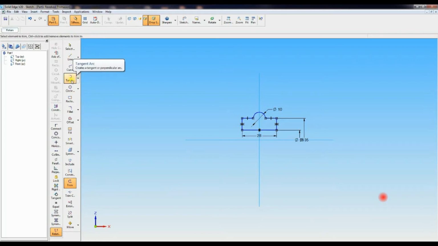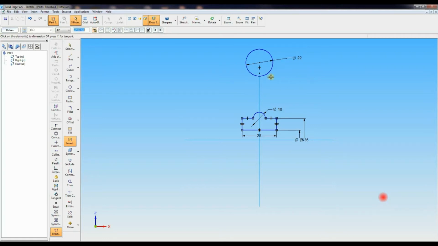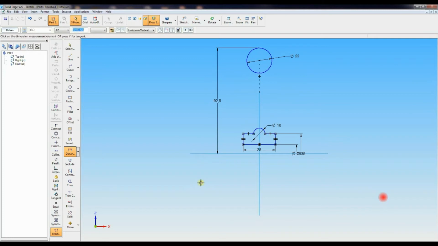Now you have to select the axis, that is the axis. Before that, you have to draw one more circle of diameter exactly in the center like this. Draw a circle of diameter 22, a 22 mm diameter circle you have to draw. Then the distance from the center point to the end of that circle should be half of 185. 185 divided by 2 is 92.5. Now you have to select the axis, that is the horizontal axis,